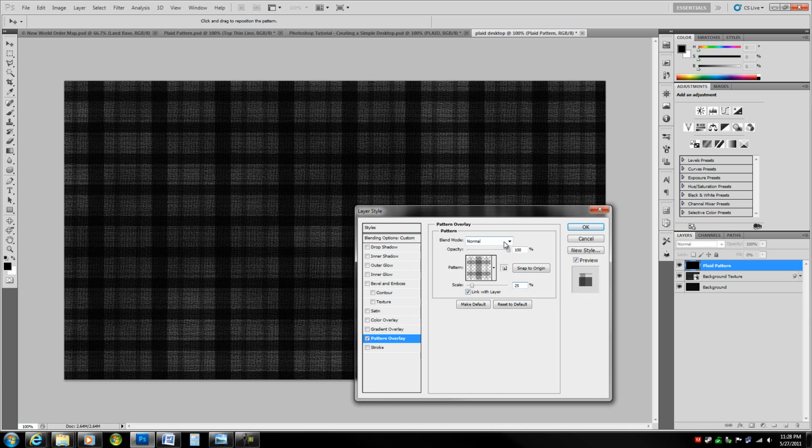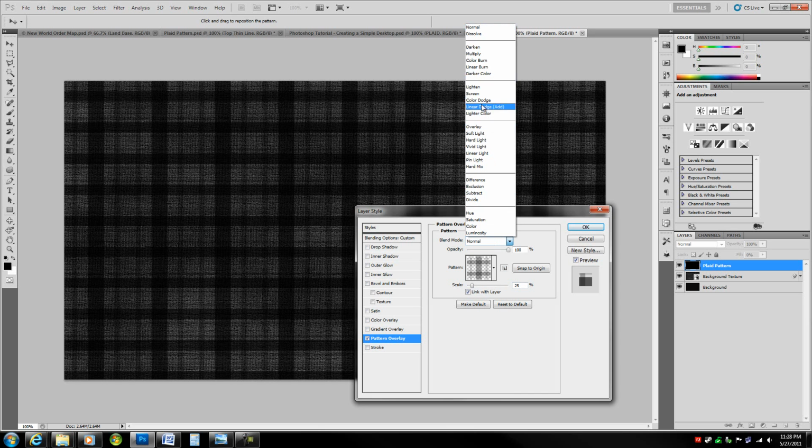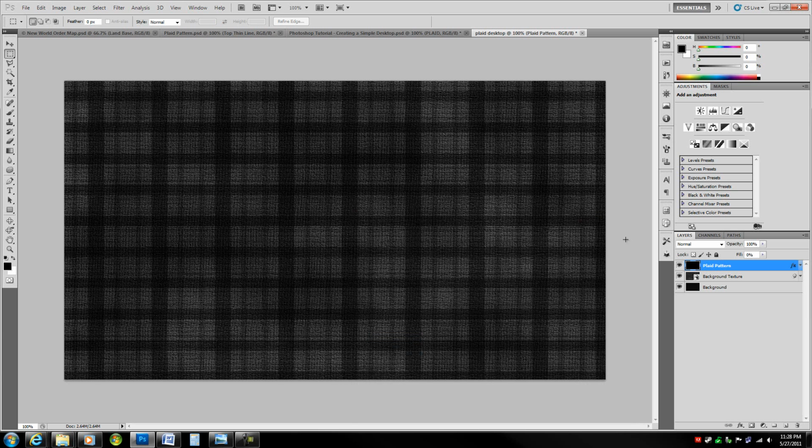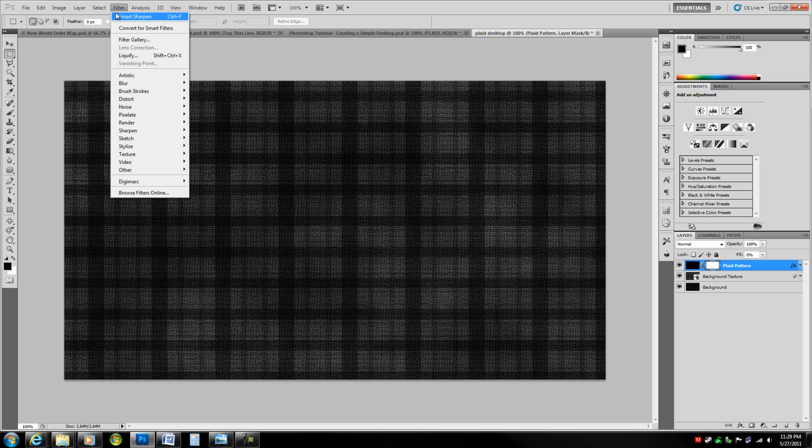Keep everything else generally the same. I might experiment with soft light possibly. Actually, yeah, take it to soft light and then just hit OK. And now we're going to give that a little bit of a layer mask. So go down to the add layer mask icon and click on it, and then go up to Filter, Render,